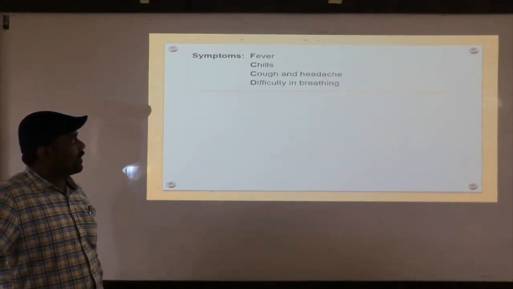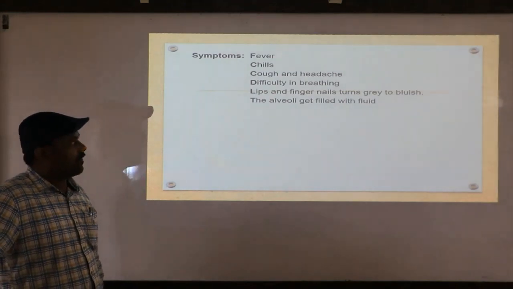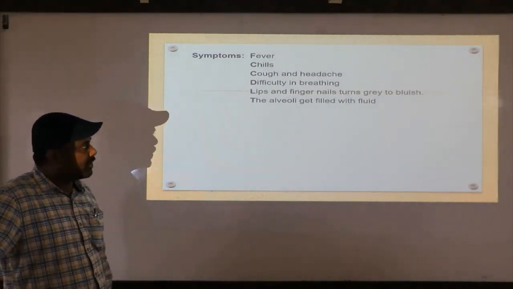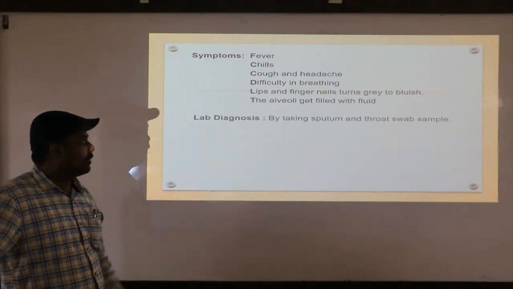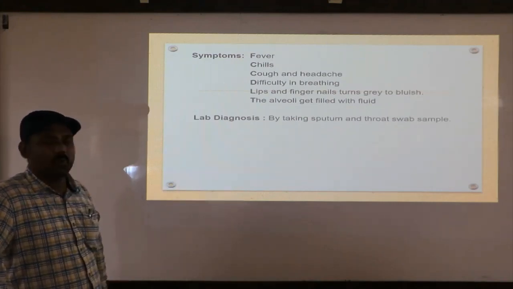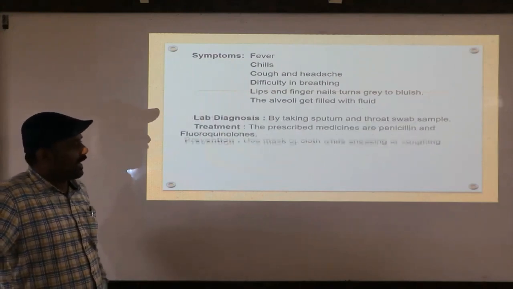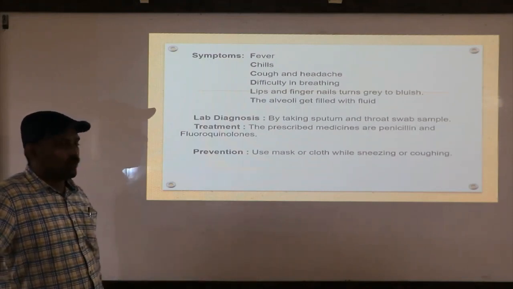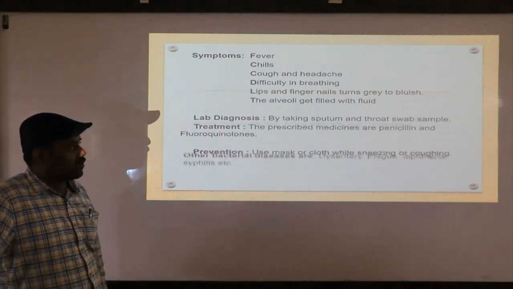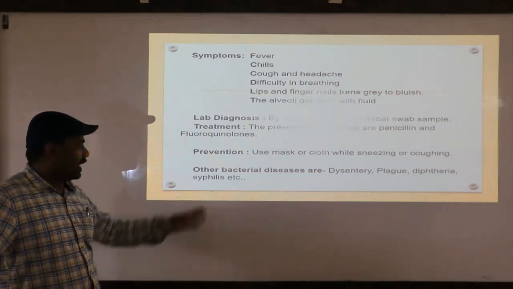Next, symptoms: fever, chill, cough, headache, difficulty in breathing, lips and fingernails turn grey to bluish color. The alveoli get filled with fluid instead of air. Lab diagnosis is by taking the sputum sample and the throat swab sample. The treatment, again some prescribed medicines like penicillin and fluoroquinolones. Then prevention, use a mask or cloth while sneezing or coughing. And other